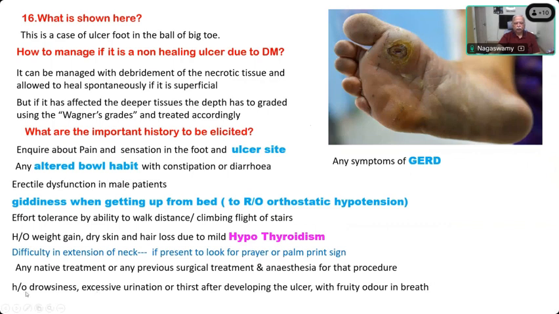This last question: DKA, diabetic ketoacidosis. Okay? All those questions have to be used. How to describe the ulcer? So, discontinuity in the